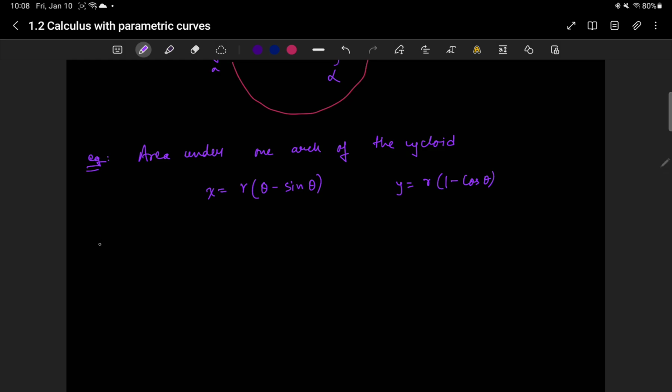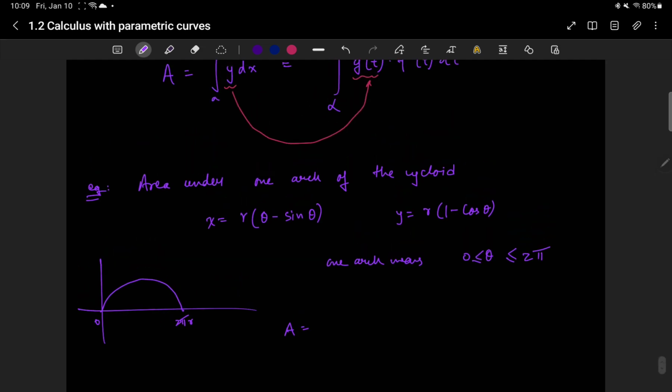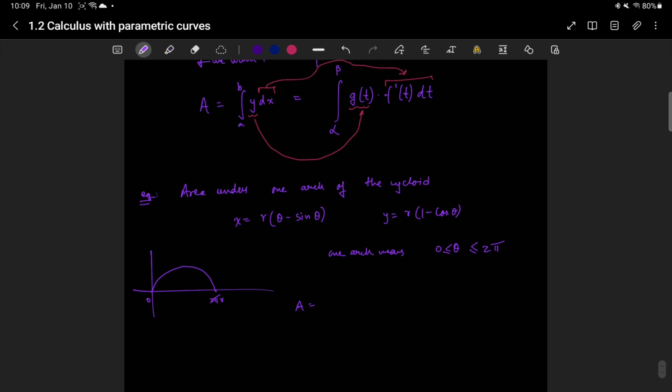Now one arc of a cycloid is given by 0 to 2 pi r. So one arc means that the angle theta goes between 0 and 2 pi. So just based on this particular formula over here, we have that the area is going to be the integral from 0 to 2 pi. Then we have y, which is r(1 minus cosine theta),